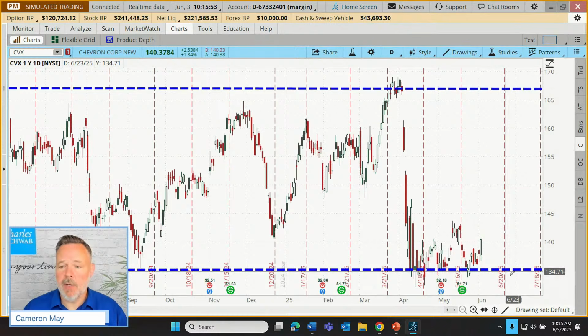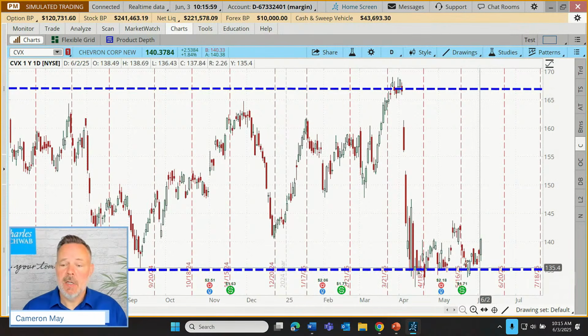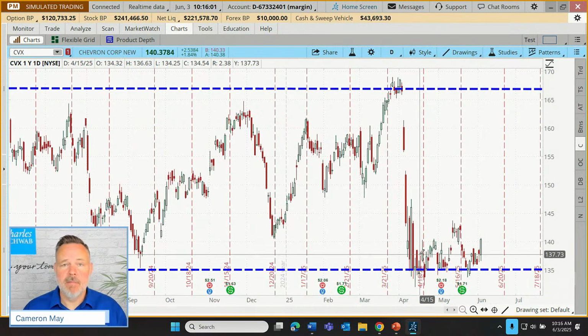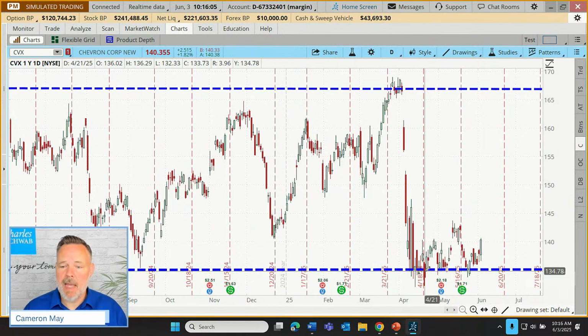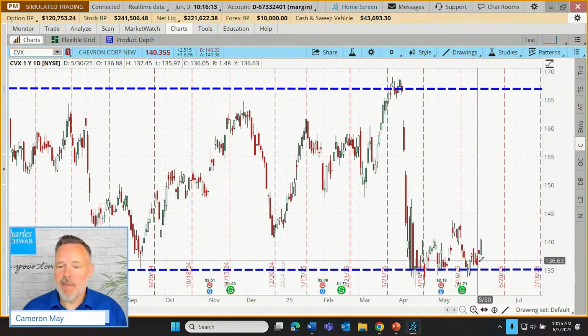Now, there's a possibility we could continue on down below 135, but that's not something that's really happened much in the last several years. There have been a few days where we've ducked down below, maybe closed for a day here or there below that level, but we've been strengthening above that.